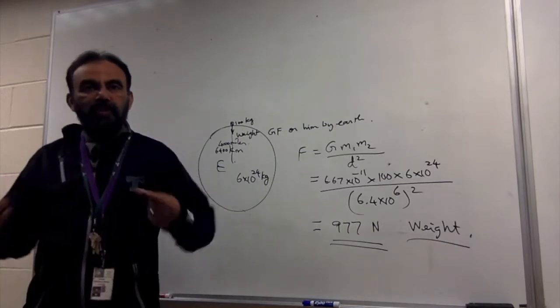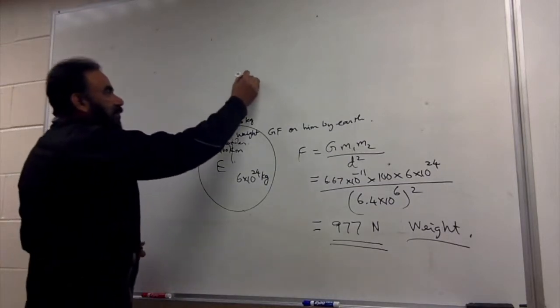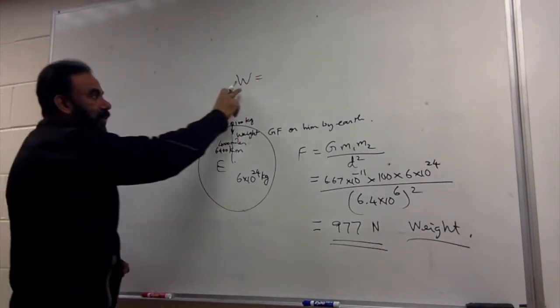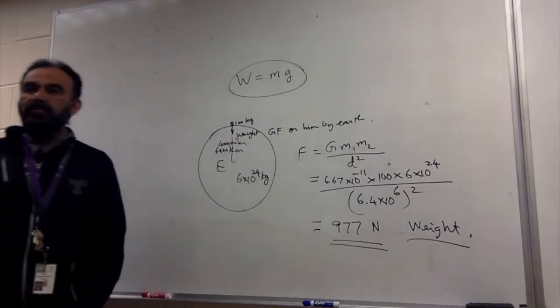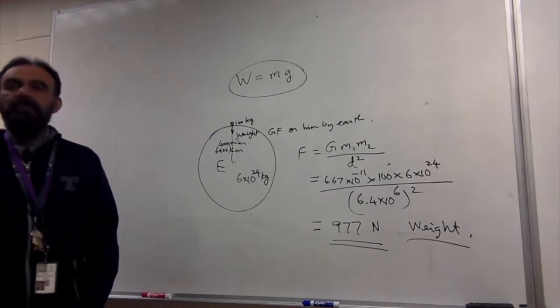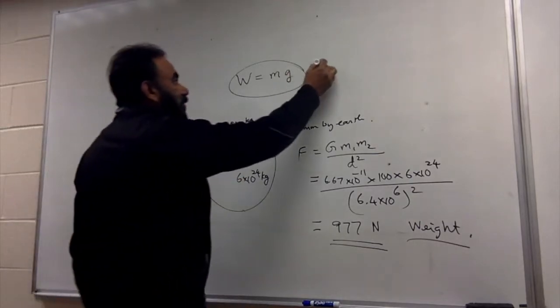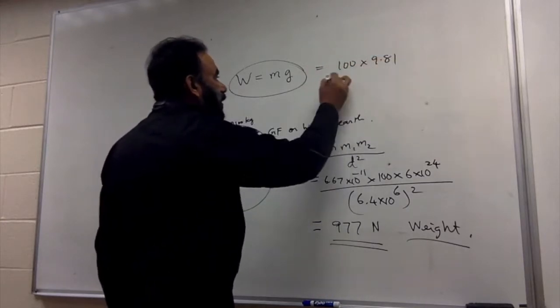Now, how do we normally find the weight of anything? After you do the second law, you'll be more clear about it. Weight is mass times gravity. That's an easy way to find out the weight. Mass times gravity. So can you just do that now? Mass is 100 times 9.81. And the answer is